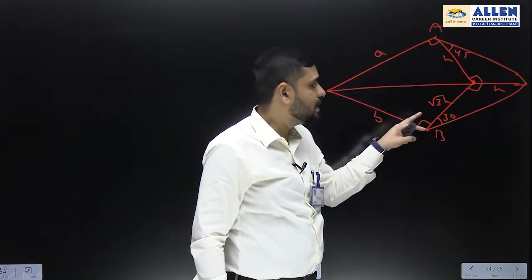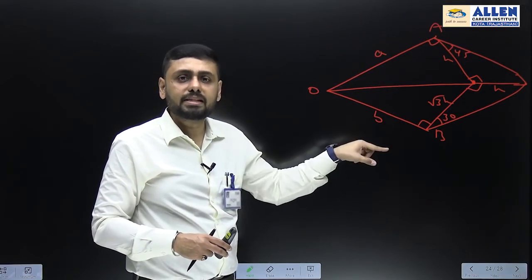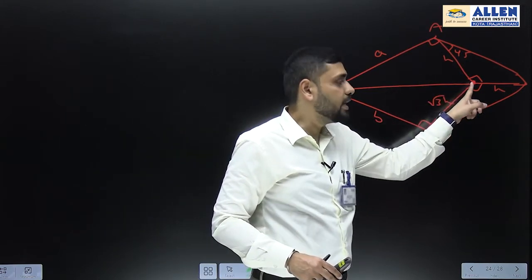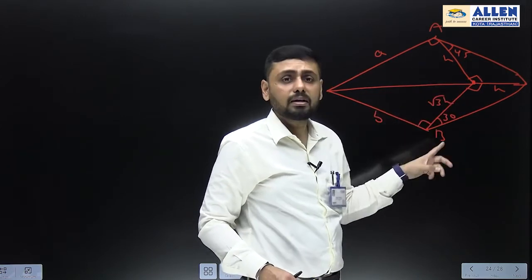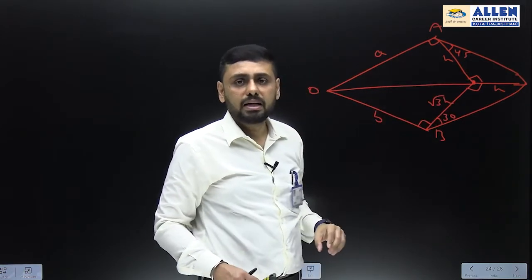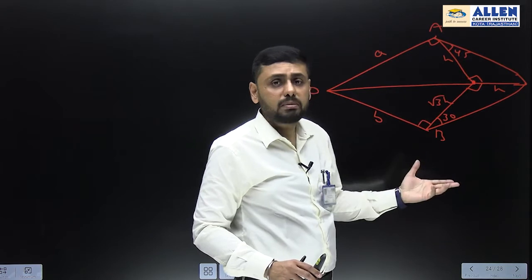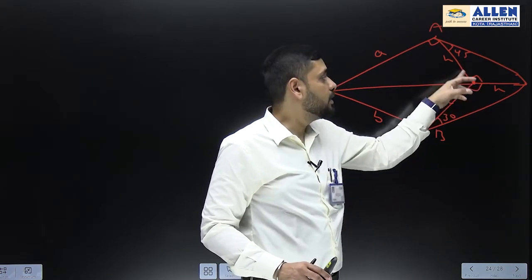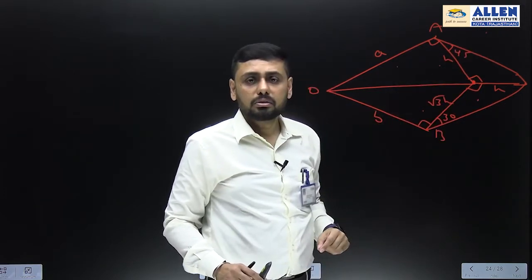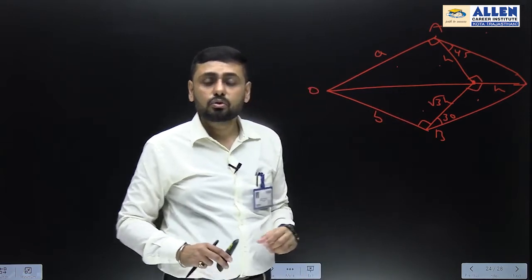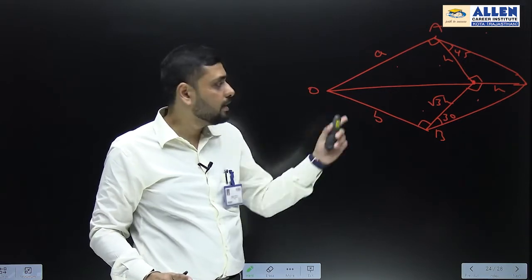Now, this is one such case, and this is possible only in this case, because we are not sure whether the base of the tower will be here, or somewhere between these two points. It can be anywhere. We have taken one such case where the base is here. If this point is somewhat here, then this angle cannot be 90 degree. So these angles can be 90 degree only in one case, and we are discussing only that case here.